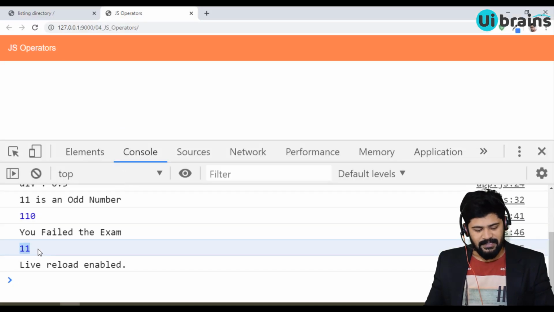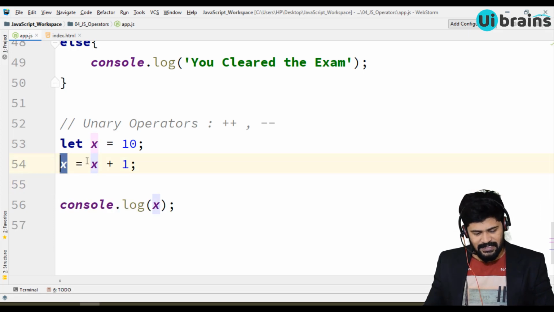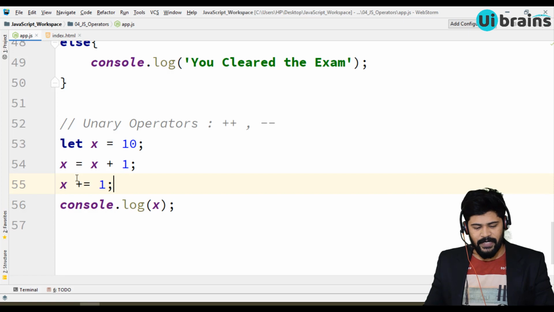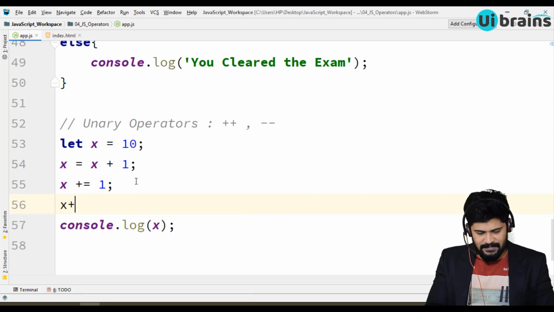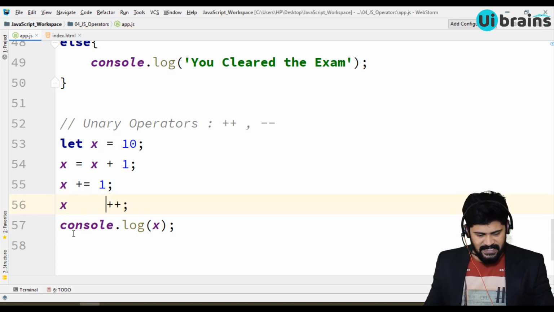It is 11. Next, I want to make it even shortcut. How to do shortcut? x is equal to x plus 1. So shortcut is x plus equal to 1. Now answer will be 12. One more incremented. Even more shortcut is x plus plus. Okay, so you get the answer is 13. So now here it is 10, 11, 12 and 13. Again the plus plus is an operator, so never give a space between plus plus. Okay, but you may give space here but never divide this operator because together is an operator.